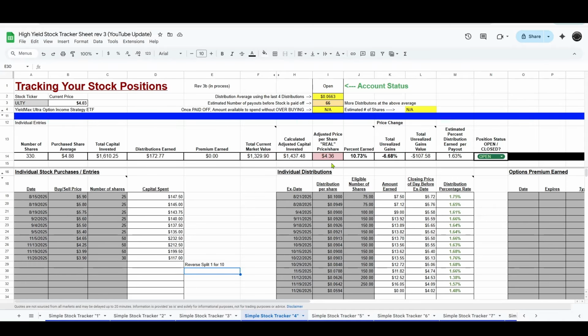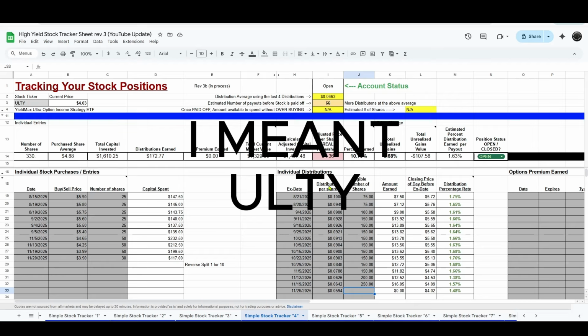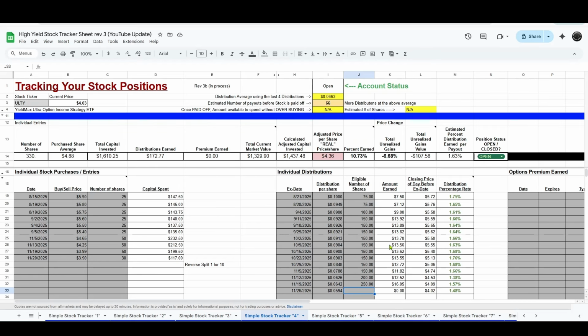ULTY, I've got a real price per share of $4.36. Current price is $4.03. So not too bad off here actually, right? But I get to enter in my eligible shares, and this is for all shares before 11/26, and my last purchase was 11/20. So I get to account for all 330 shares on ULTY. So my $4.36 real price per share, once I enter in my 330 eligible shares, then becomes